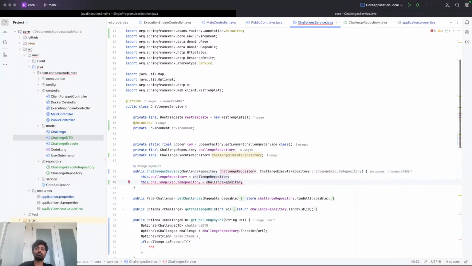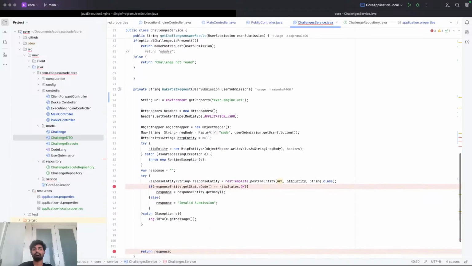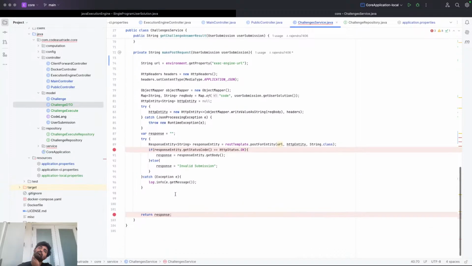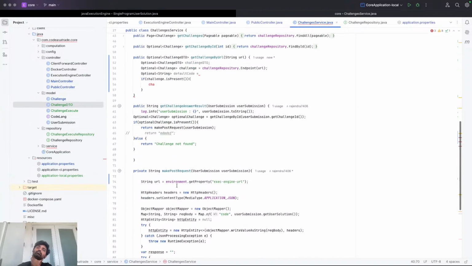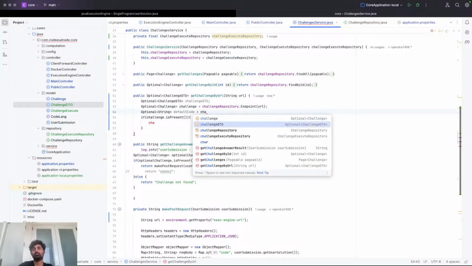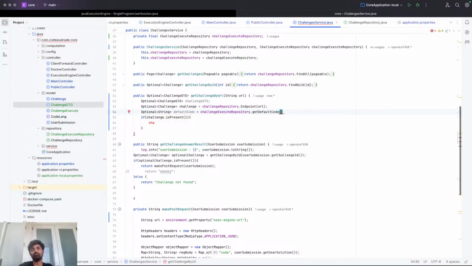Challenge execute repository. Yeah. Challenge execute repository get default code, which is